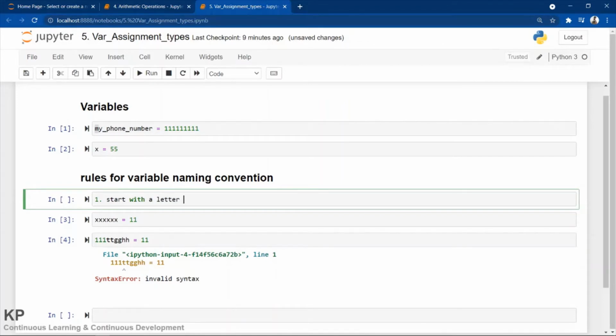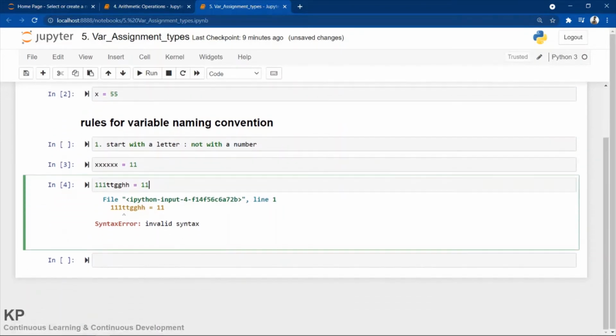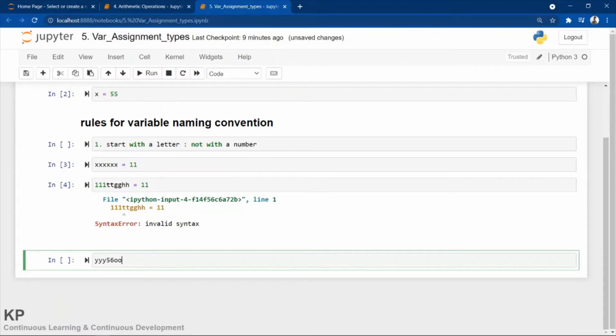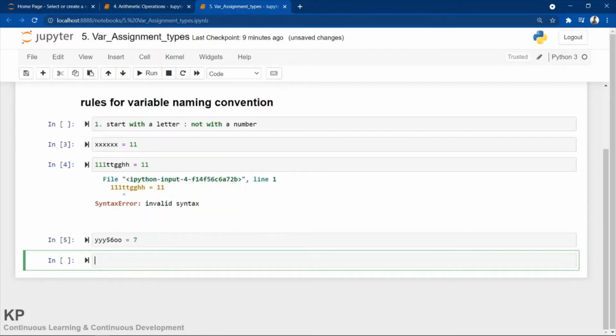More importantly, not with a number. But yes, you can end the variable name with a number. Let me show you. This is giving an error, and if I give y then 56, or maybe then 00 equals to 7, yes, that is possible.